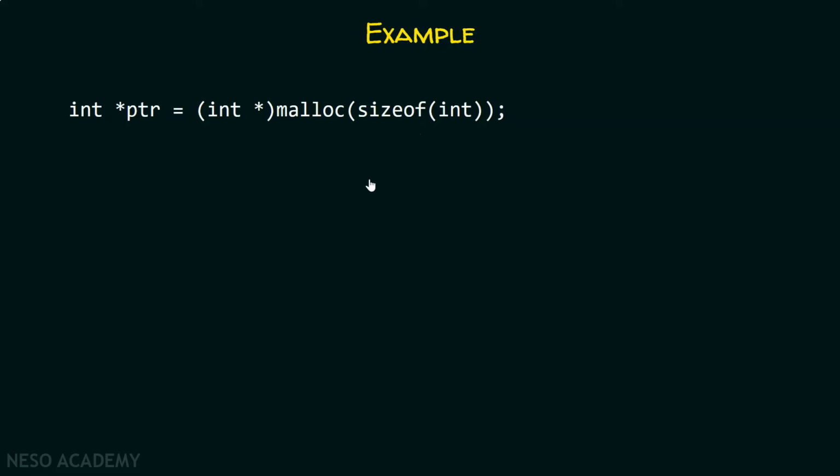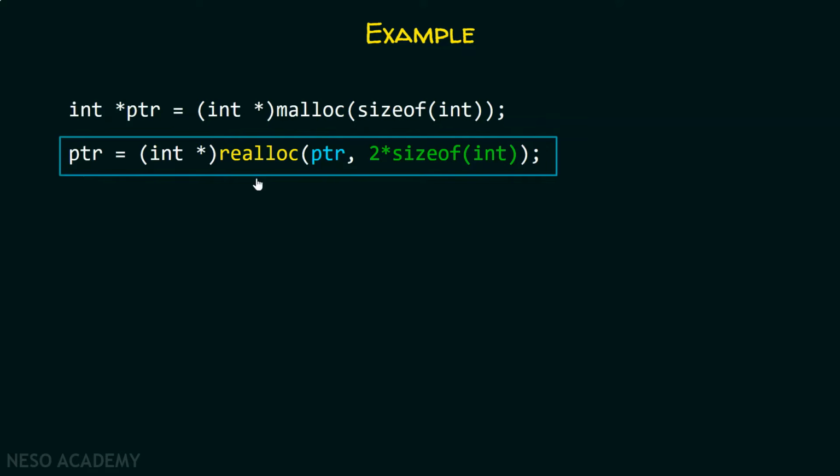Let's say somewhere in my code, I reallocate the memory. In this case, the pointer to the previously allocated memory is required, and the second argument is the new size. Here in this case, I want one more integer to be allocated. That is why I have to consider the previously allocated memory as well. So I should specify 2 into size of integers. The total memory available with me is 8 bytes. Previously we had 4 bytes, now we have 8 bytes. This function will return an address and that will get stored within this ptr pointer.